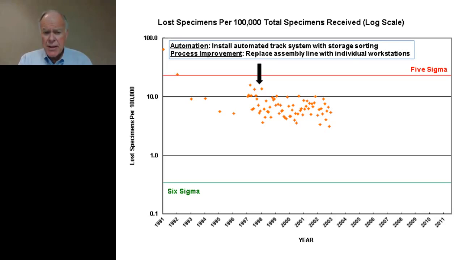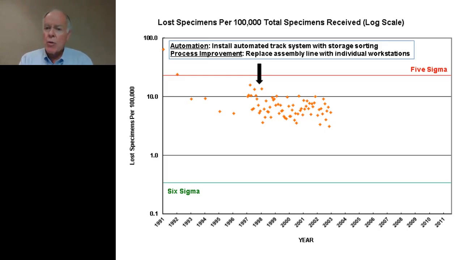First, we made some significant automation. We installed a transport and sorting system, which also included storage sorting. And we made a process improvement, which was to go from an assembly line process in our specimen processing to